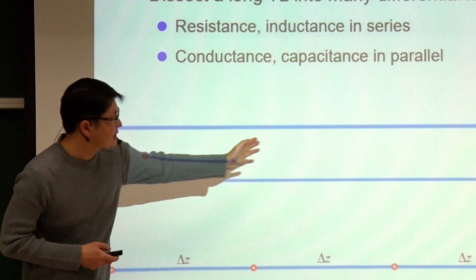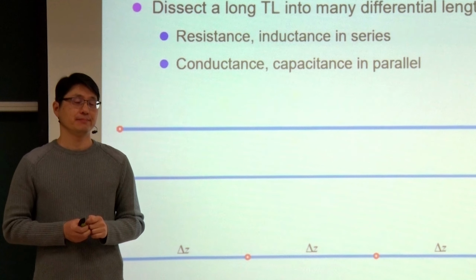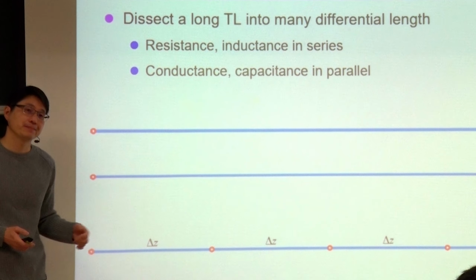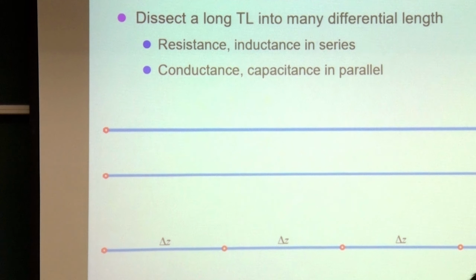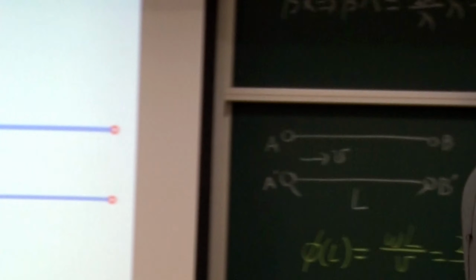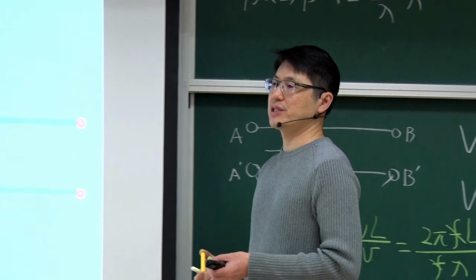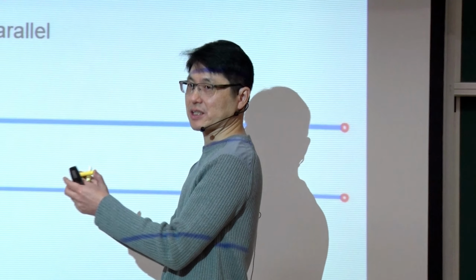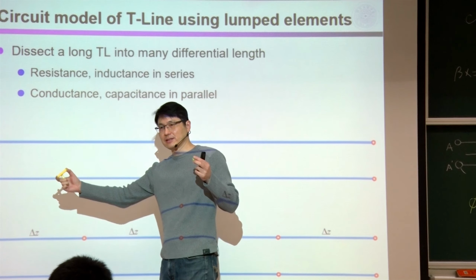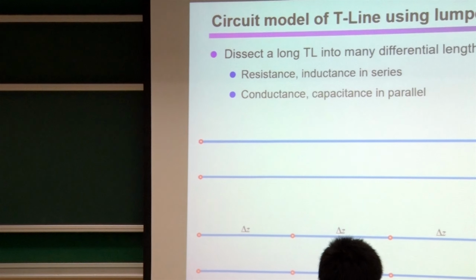Here I'm dissecting this transmission line into 4 shorter segments. Right? But in real life, I can dissect even more. Okay. So the idea is a very long transmission line is equivalent to a lot of shorter transmission lines, but concatenated, connected. Okay? So the idea is